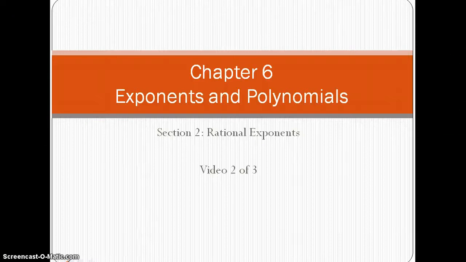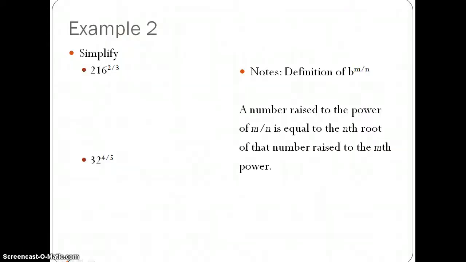So this is the second of 3 videos about rational exponents from a chapter on exponents and polynomials. This video would pertain to a second example for rational exponents. So again, before we begin the actual 2 examples of simplifying 216 to the 2/3 and 32 to the 4/5,